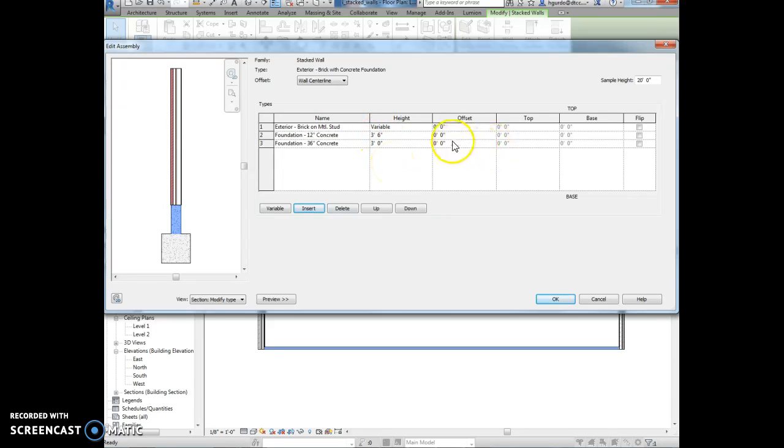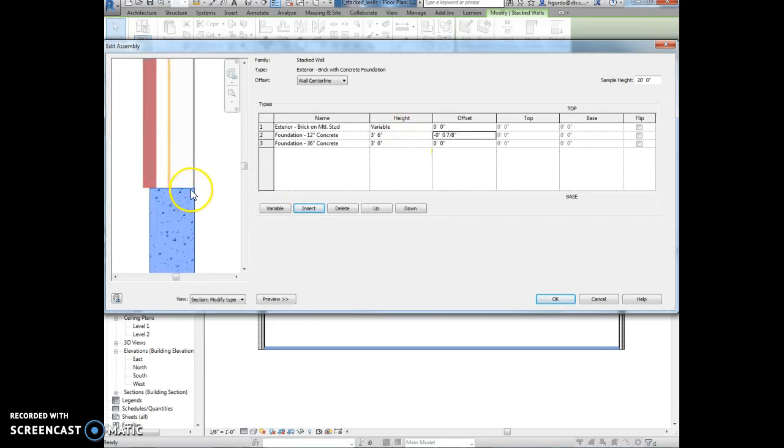And we're going to set the offset to -0 7/8 of an inch. And the reason that we did that, as you can see it right now, is then the stem wall lines up with the wall face, but the brick is able to kind of come past that concrete wall. Really, we'd want it to come maybe past it a little bit more so that the brick can fall down below in front of the foundation. Okay, we're going to